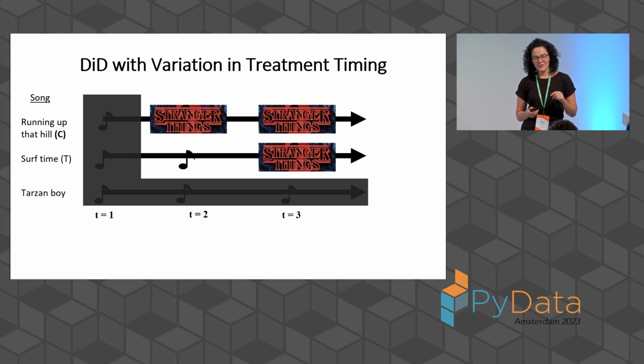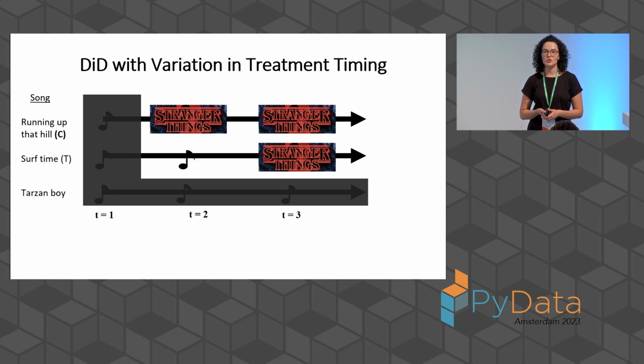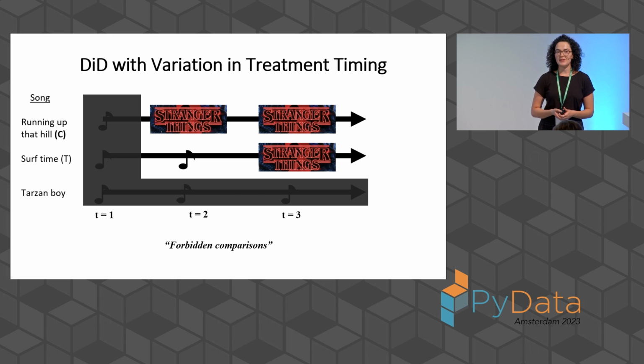So what we have here is Running Up That Hill. It is already treated, so it was treated between the first and second period, but it plays the role of control here because there's no status change for this one. Meanwhile, Surf Time, the song that is later treated, plays the treated group for this estimator. First thing to realize from here is that this comparison is not very intuitive. Why would you use an early treated song as a control? But it can be done, and that's why this is called forbidden comparisons, and it will cause some problems, and